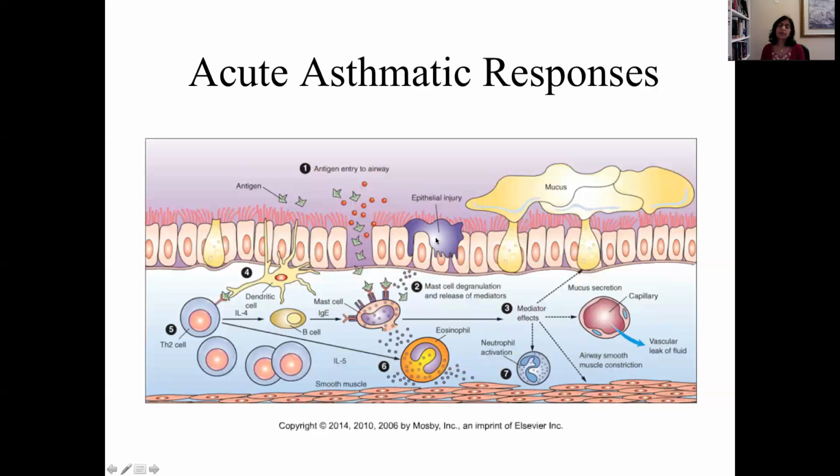Okay, that would trigger fibroblasts, which would then add more fibrous scar tissue locally, causing thickness of the epithelium. Again, narrowing the space here. Buildup of mucus